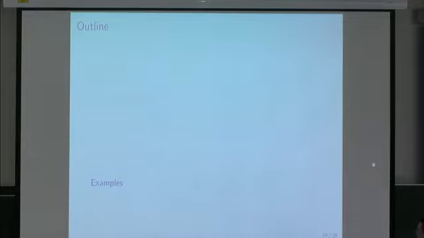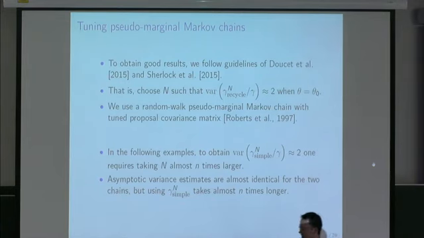Okay, so I'm just going to close with some examples. In some sense, this is all about scaling, and for some people it will be clear that getting the answer using little n times fewer random variables is much better, but for others, I don't have quantitative results to show you, but I can tell you that on the examples that I'm running, it really is little n times less time. Using this recycled estimator does take little n times less time to get good answers from your Markov chain algorithm.